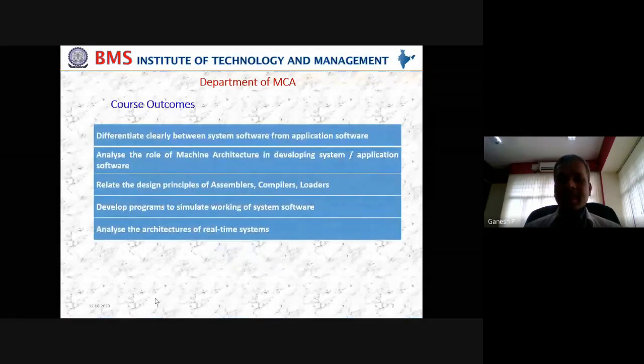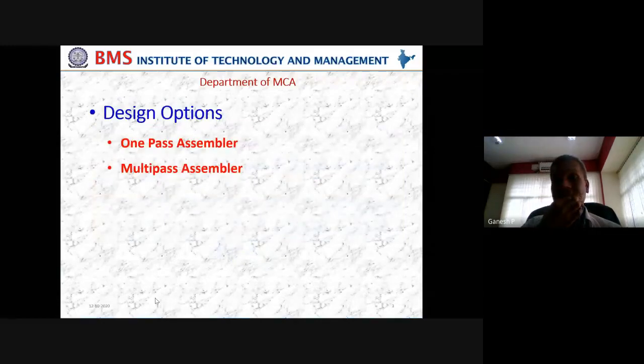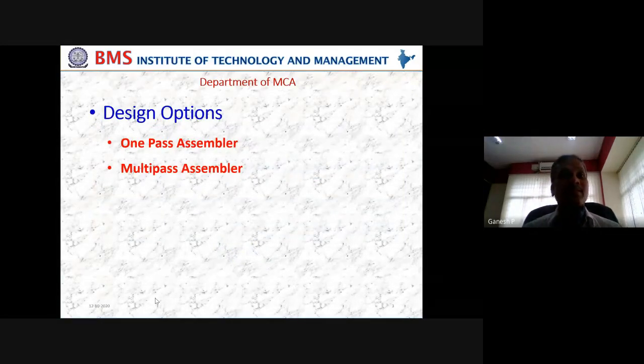Now the next topic is, having said these are the various concepts related to assemblers, let us see what the various design options we can have in assemblers are. As we discussed, a two-pass assembler. And if you remember, in the beginning we touched upon that an assembler can be a one-pass, a two-pass, or more than two-pass, called a multi-pass. But in general, for a typical assembly language program, a two-pass assembler is required, and we have seen that. So the design of a two-pass assembler has been seen so far by us.